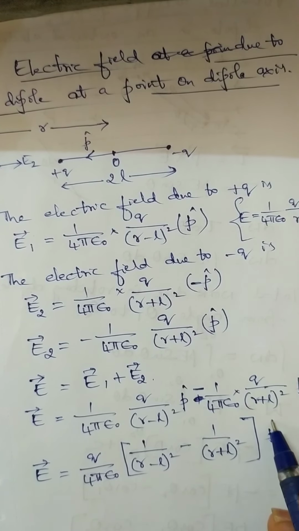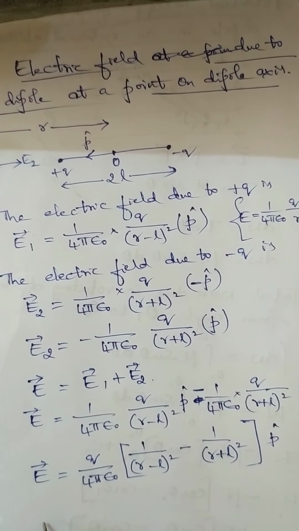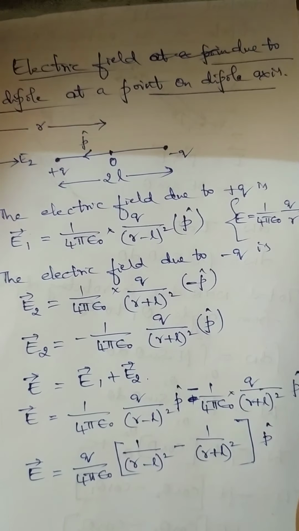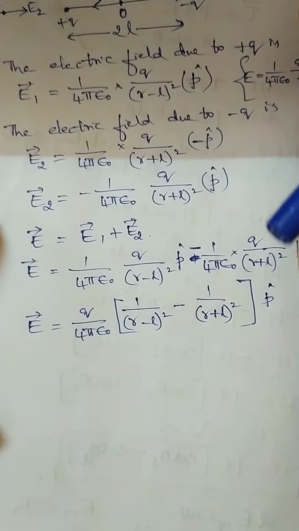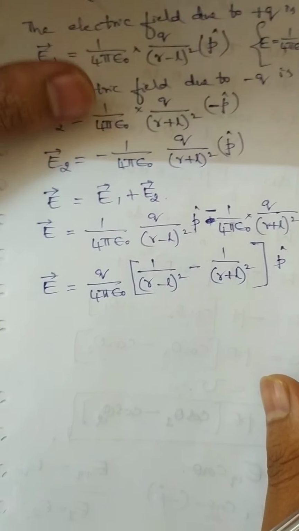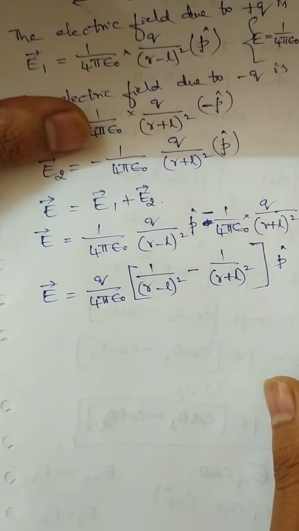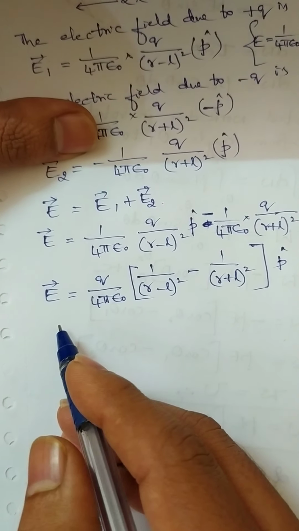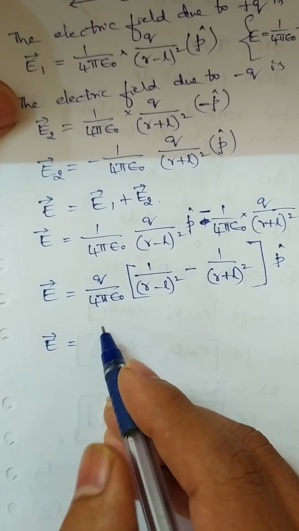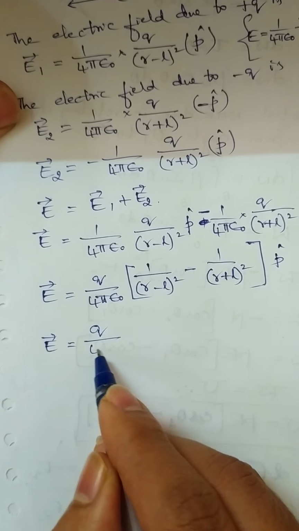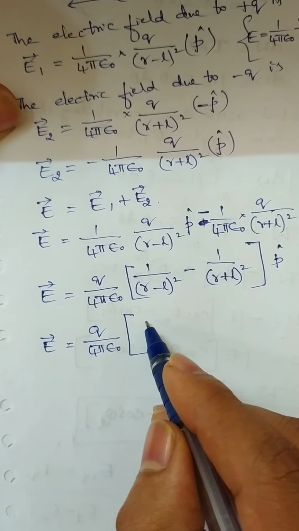Okay, p cap is the same thing, it is common here again. Okay, so next thing, what will it be? So the next thing is nothing but, see here, it will be like this. Vector q divided by 4 pi epsilon naught has been taken common here. So this comes out to be vector E is equal to q divided by 4 pi epsilon naught. The same thing we are going to write. So the next is simple mathematics.